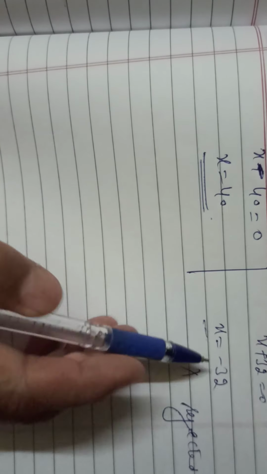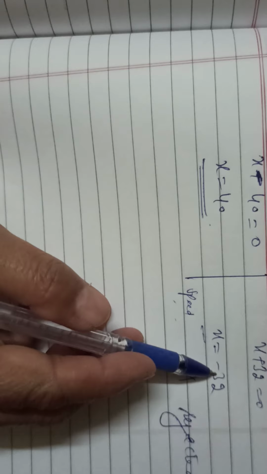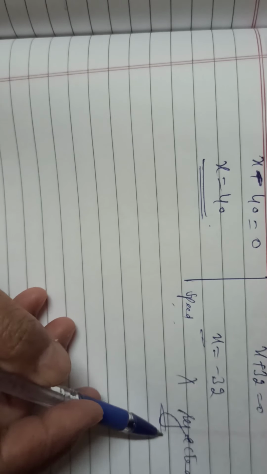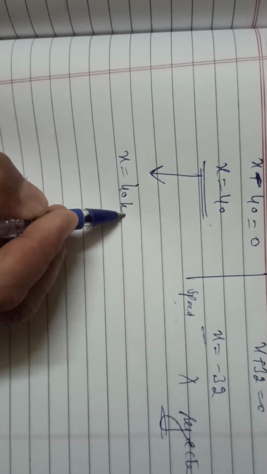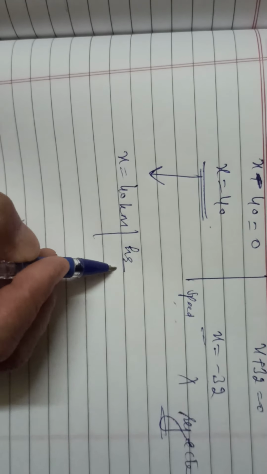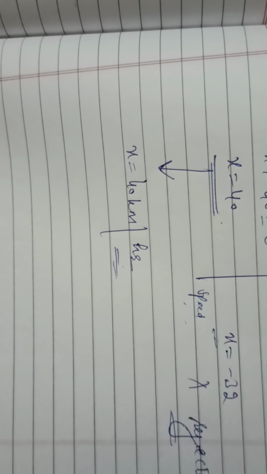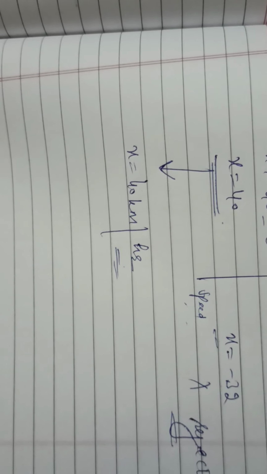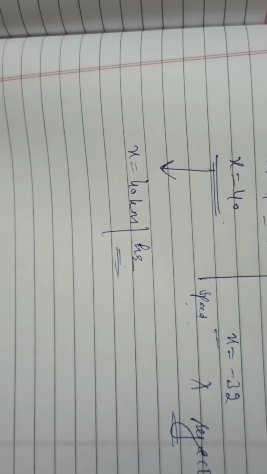Now x is what? It is a speed. And speed can never be negative. So we will reject it. So what is the accepted value? x is equal to 40 km per hour. Is it clear, children? So you will see it twice and understand it properly and complete Exercise 4.1. Thank you.